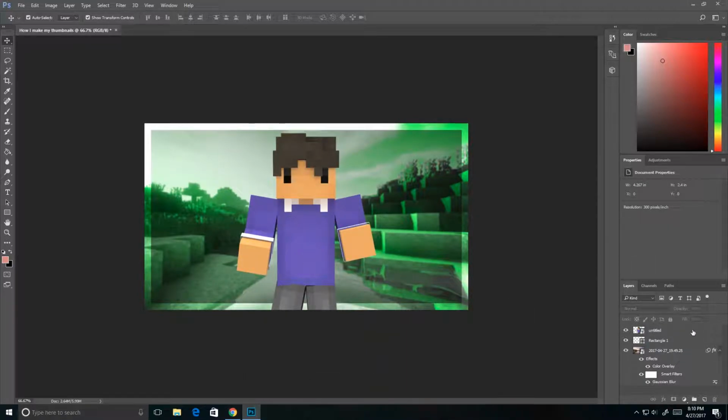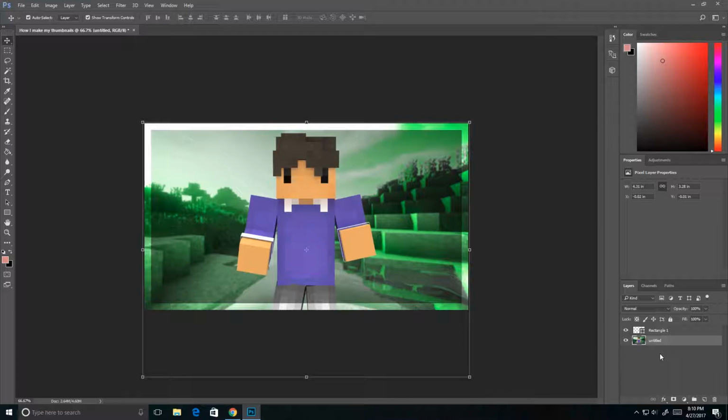Alright, so this is where it gets a bit complicated. So for now, we're just going to also put the render beneath the rectangle. Anyway, so once you've done that, just merge these, which the shortcut is Control E or Command E. Because the next part is going to get a bit complicated. Anyway, so create a new layer